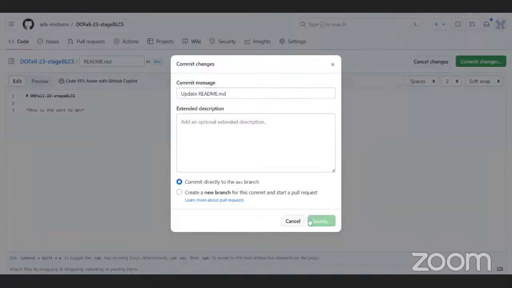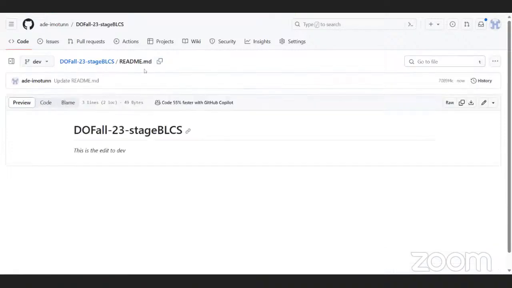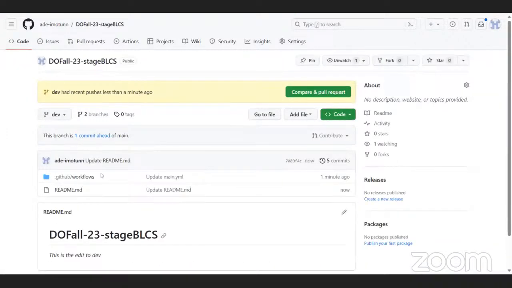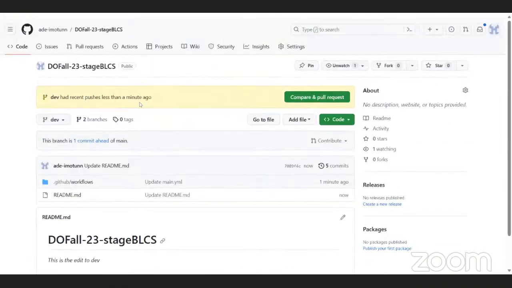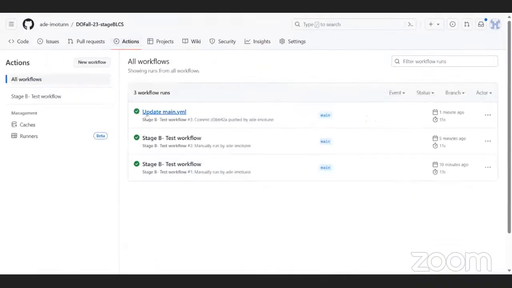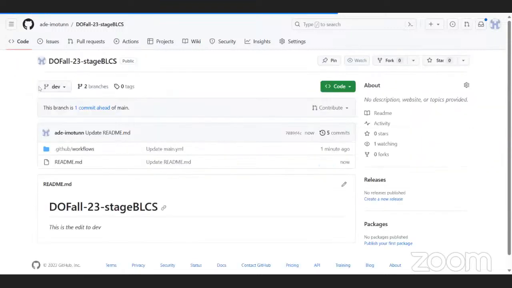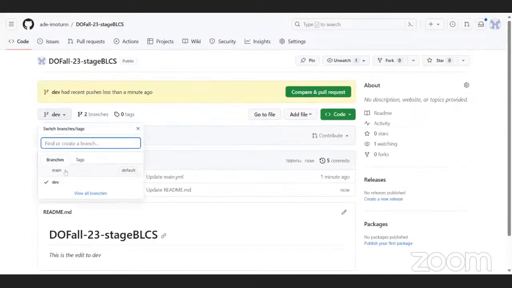Immediately I commit this change, if I come here to the code for the dev branch, this edit is here. But if I go to the actions, no workflow was run. You can see we still have just 3 workflows that have been run. But if I come back to code now and move from dev to main,